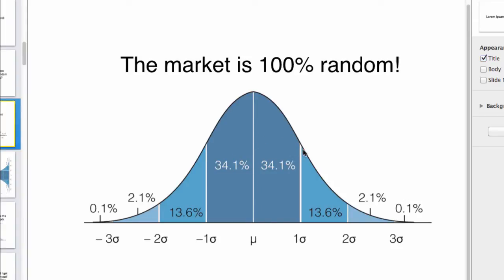So we're going to get movement that is generally, or about 68% of the time, within one standard deviation of where the market is right now. And then you go further out from there and out from there, and we have these tails on either end, right? But applying that to the stock market is a little bit different, and some people don't have the insight, or at least the vision, to understand how this really translates to stocks.